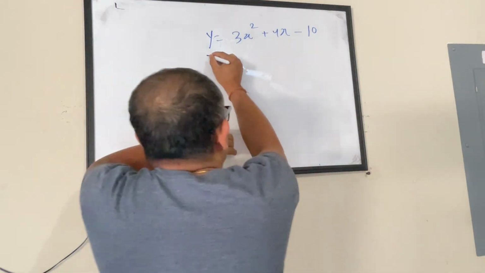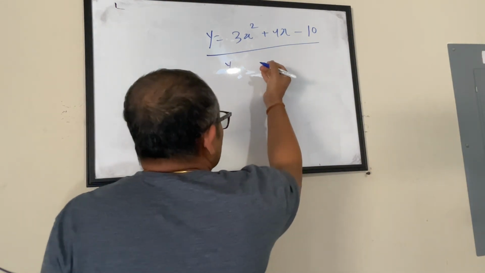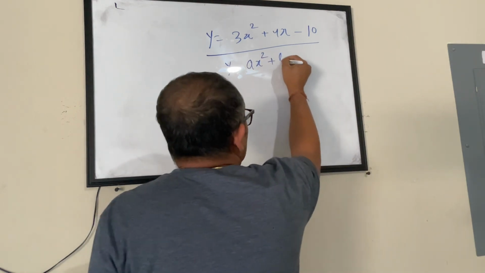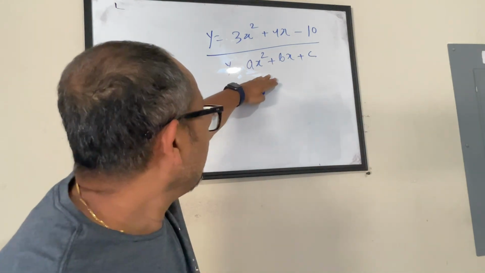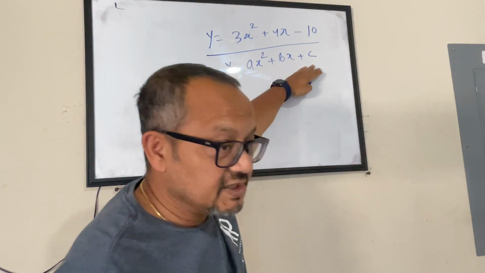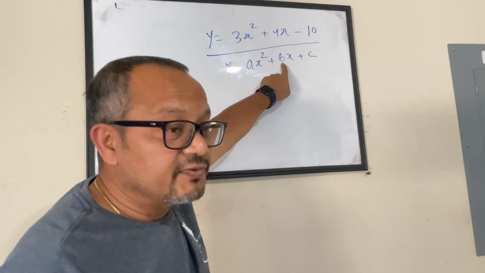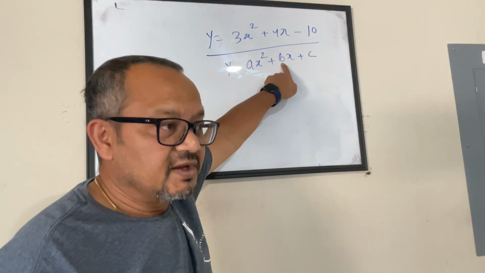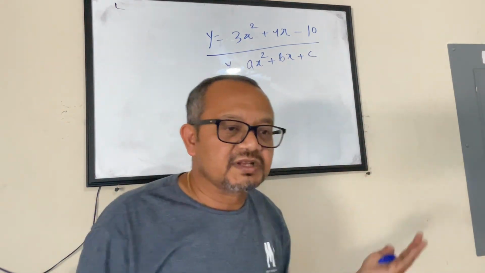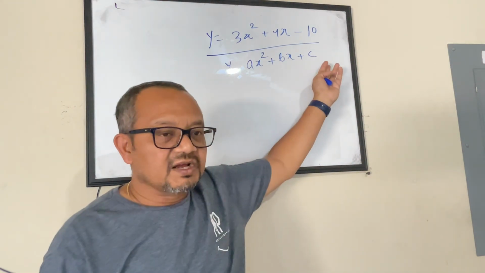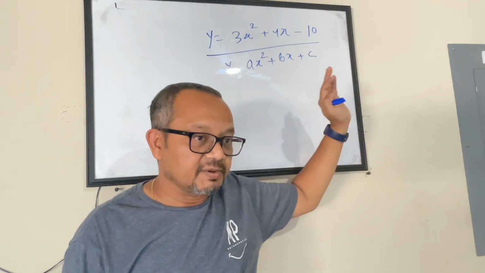Now there are certain behaviors that we want to be aware of. Now, if this is a quadratic equation, you can write this in a standard form. A quadratic equation can be represented in a standard form, which is like y equals ax squared plus bx plus c, where a is the coefficient of x squared, b is the coefficient of the term which has x to the power 1, and c is the constant, or you can say this is the term which has x to the power 0. Everybody with me so far?